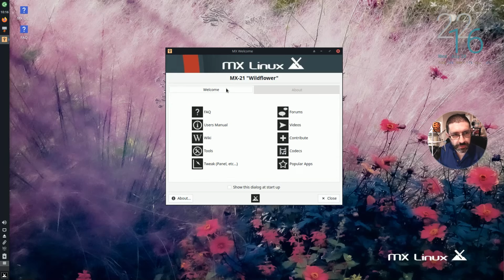So on the welcome screen you've got your usual FAQs, you've got your links through to your forums, your user manual, there's some videos as well, so you get taken through to the MX Teams video page there. You've got the wiki, you can also contribute as well, that takes you through to the user forum group, and of course you've got your tools, the option to install your codecs and make changes to the panel etc using the MX Tweak tool. And then of course you've got your popular apps, so if we click into that